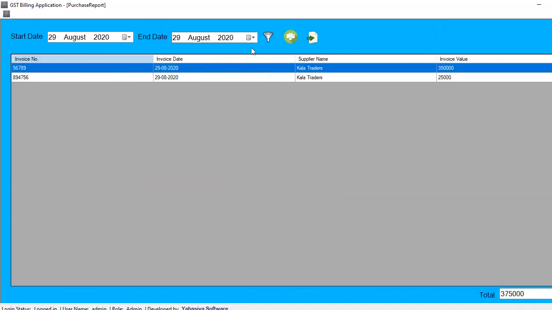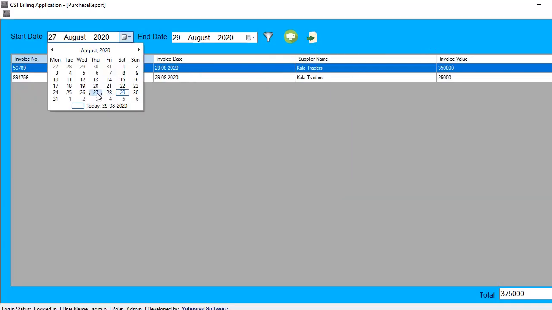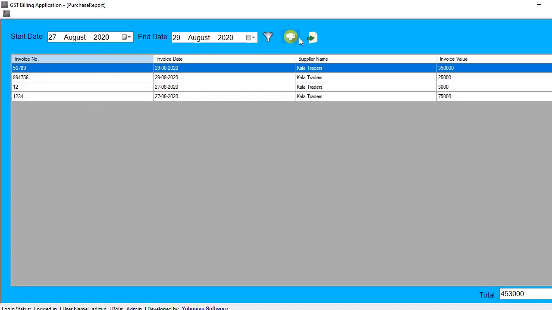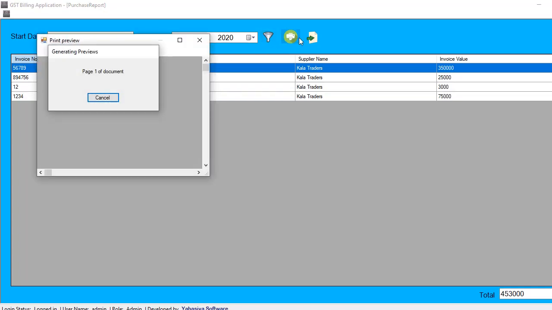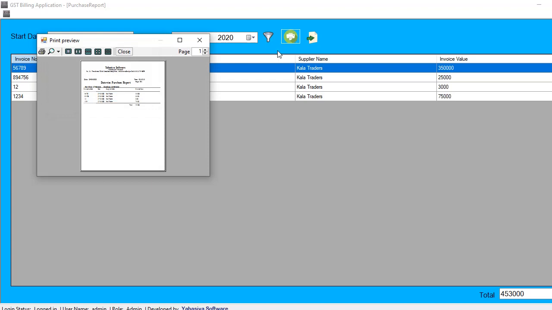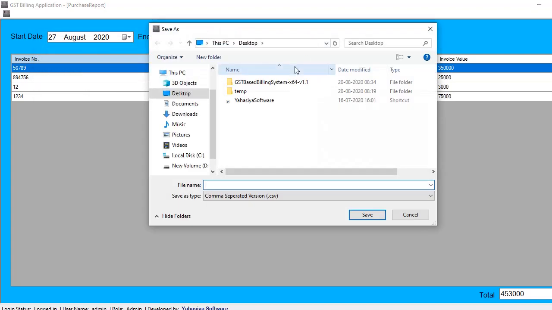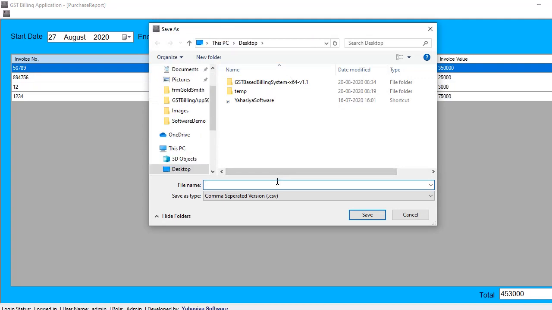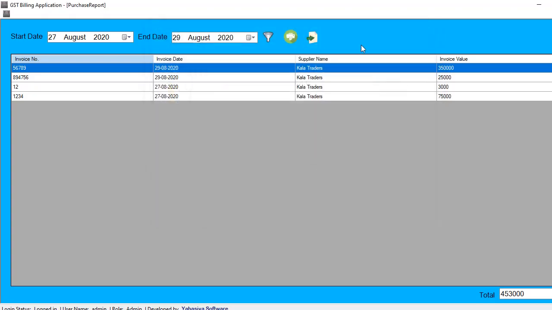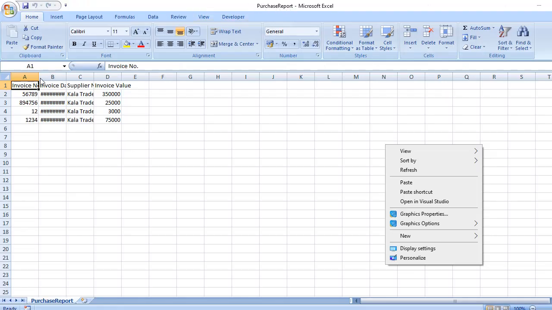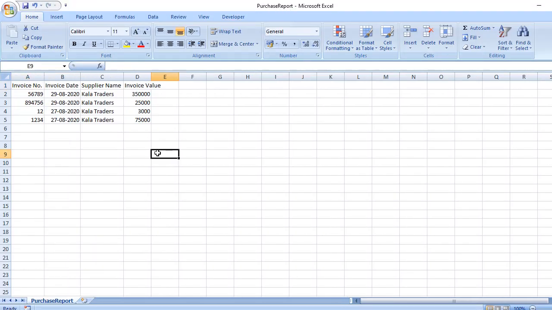So you can just print your purchase report now. You can also export your purchase report. This is our purchase report export.